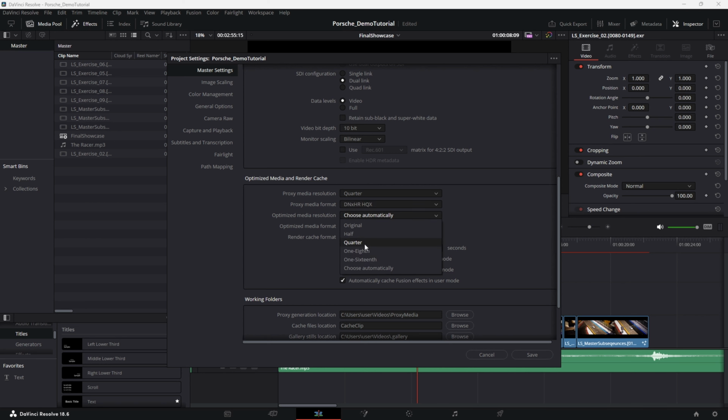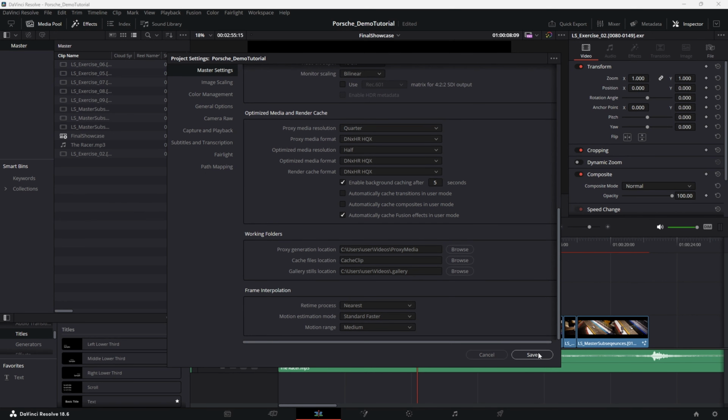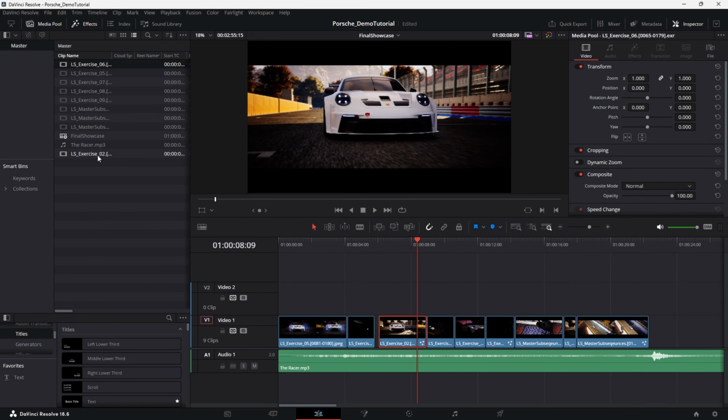I'll do the same thing for this one. So I'm going to make sure I set it to maybe a half, and that should be pretty much it. So I'm going to save that. Now, if I select all of them apart from these two, so I'm only selecting those sequences